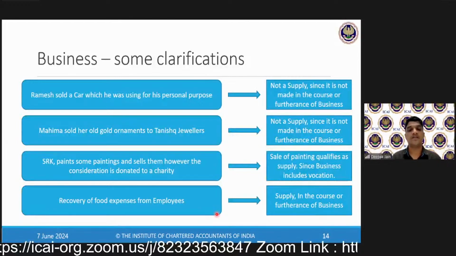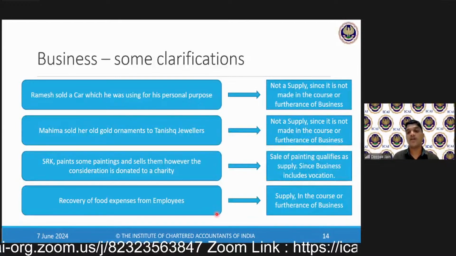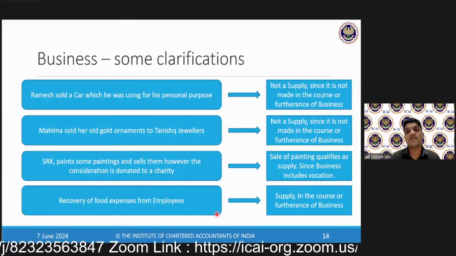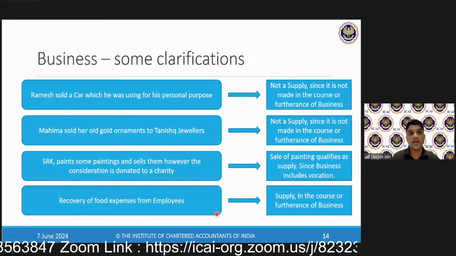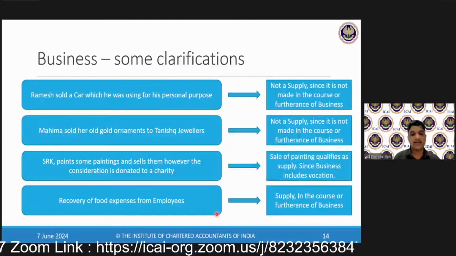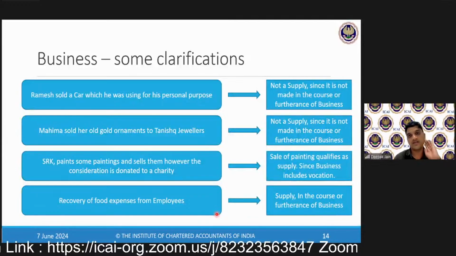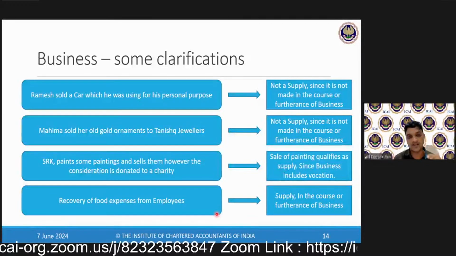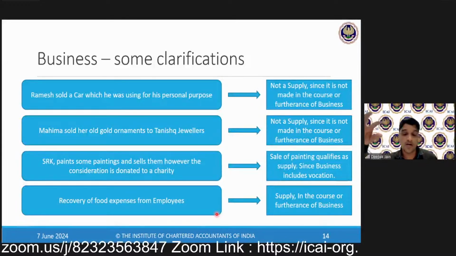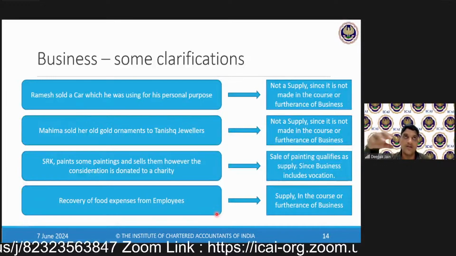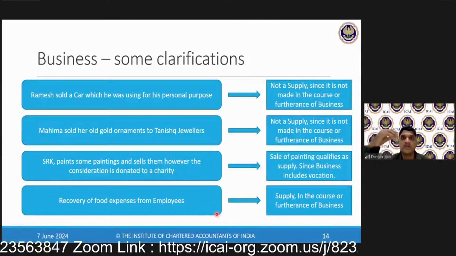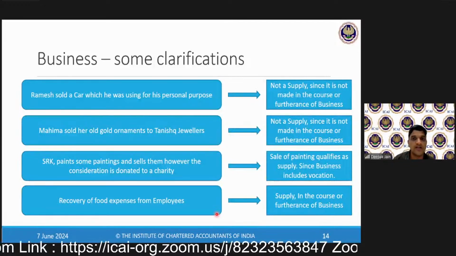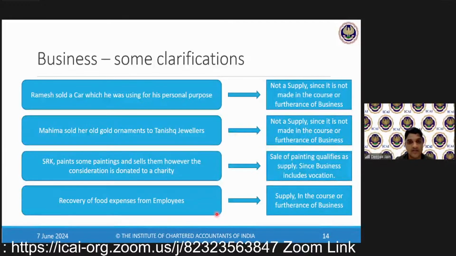Whether a letter of credit is an actionable claim and chargeable to GST. Letter of credit comes in a transaction of import and export, right? So when you give a letter of credit and then the goods are released, correct? That's how I understood a letter of credit. It's a financial contract between a bank, the bank's customer and a beneficiary, generally issued by the importer's bank. When you import, the importer's bank gives you a letter of credit. So these are all financial instruments. These are not actionable claims.